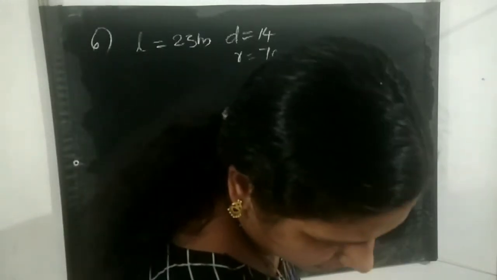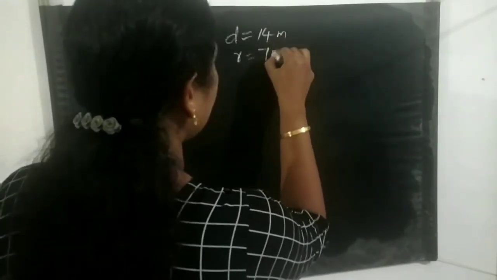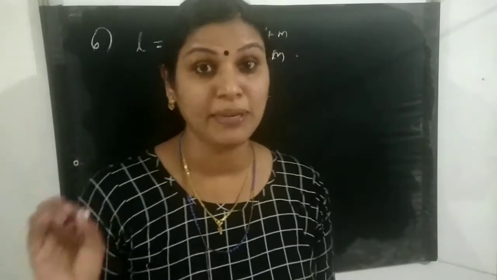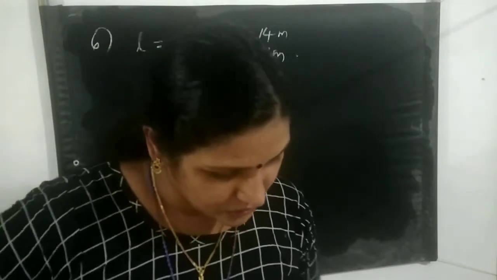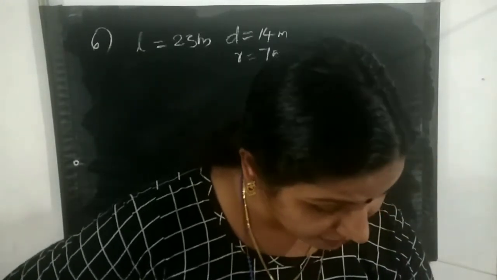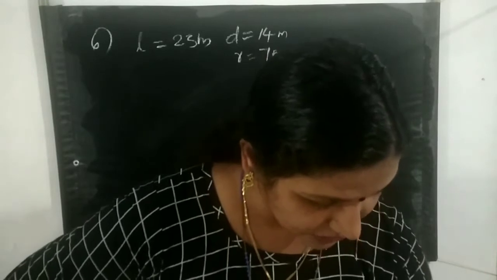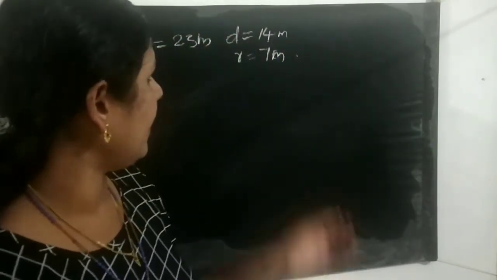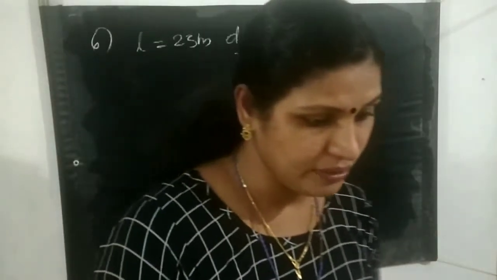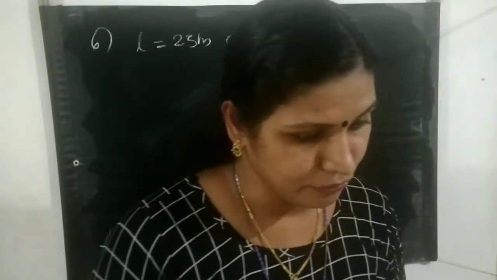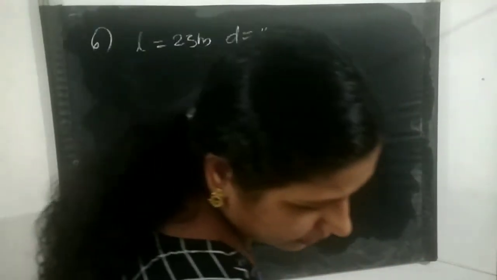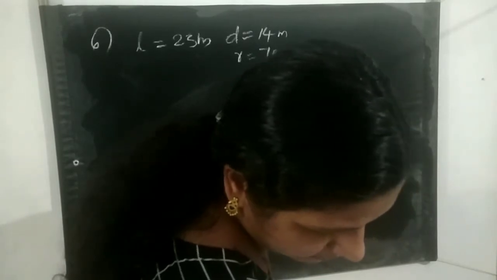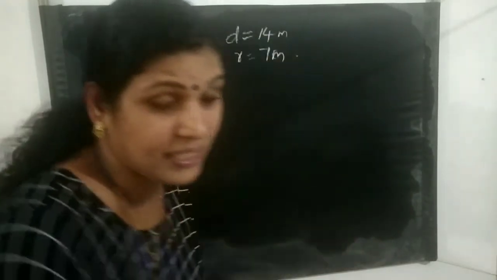Meter or centimeter? What is that? Meter. This is meter. You just check. Be very careful to write meter and centimeter, otherwise you get the answers wrong. So respectively find the cost of whitewashing the curved surface area at the rate of 210. Here L and R are given, so we just find the answer. Here the slant height and base radius are given for whitewashing the curved surface area.